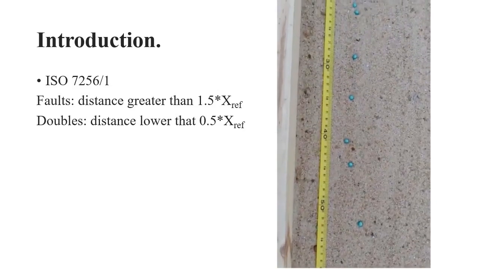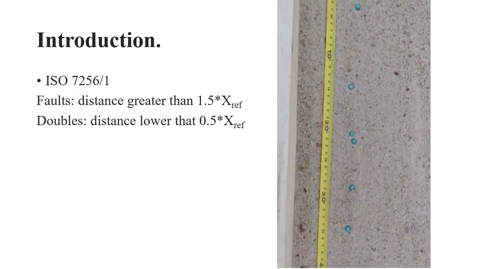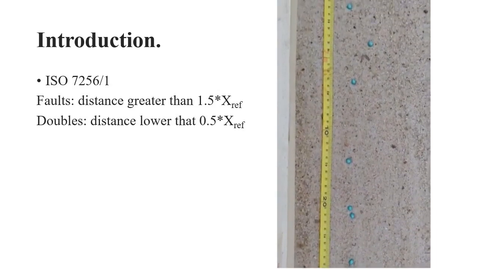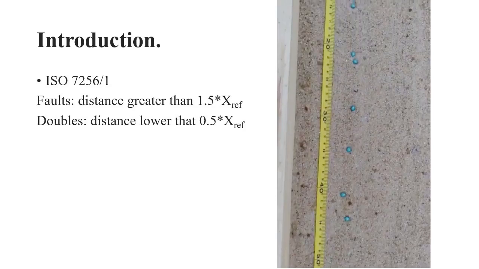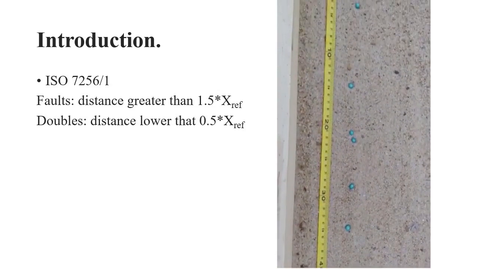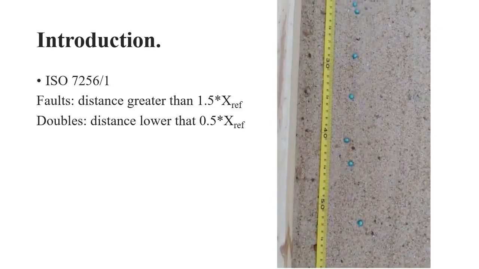A seed distribution consists in how well the distribution of a given seed distance tends to an ideal measurement, called xref. Plants that are too close to each other compete for resources, and plants that are far apart are not using all the available resources. ISO